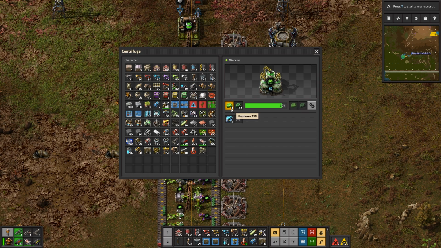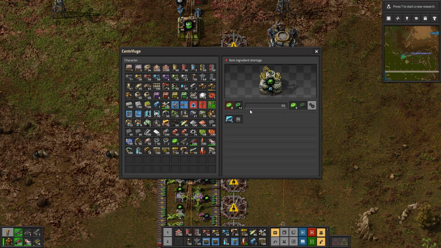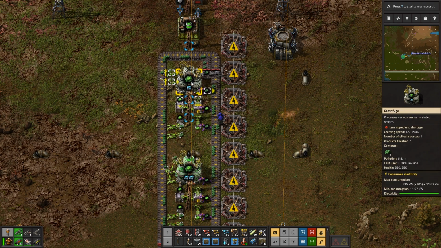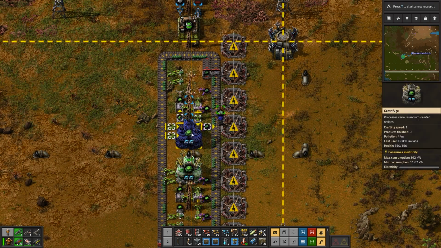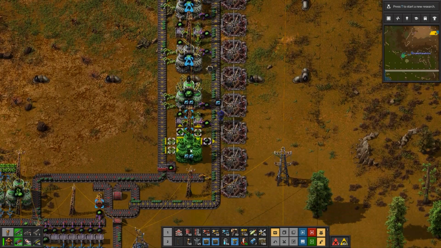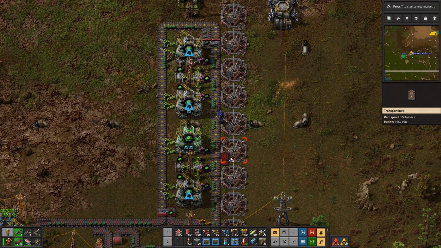As soon as you finish your process, I'm going to grab those. As soon as you finish your process, I want to empty you out. I want to do that, so the robots actually go ahead and get the...